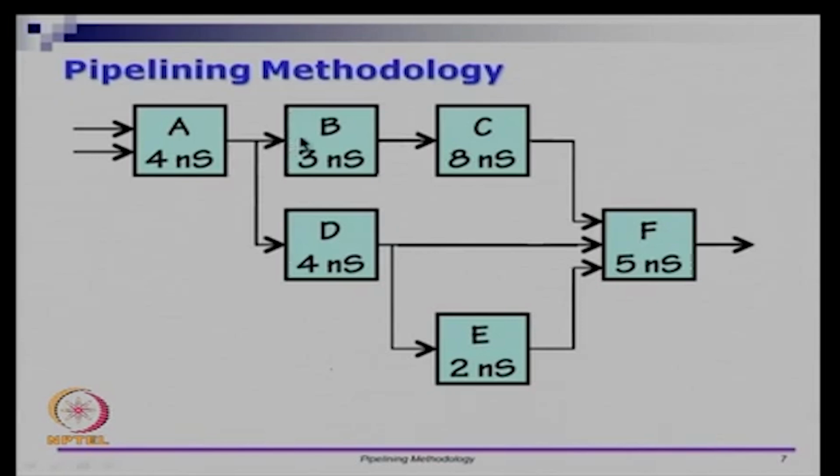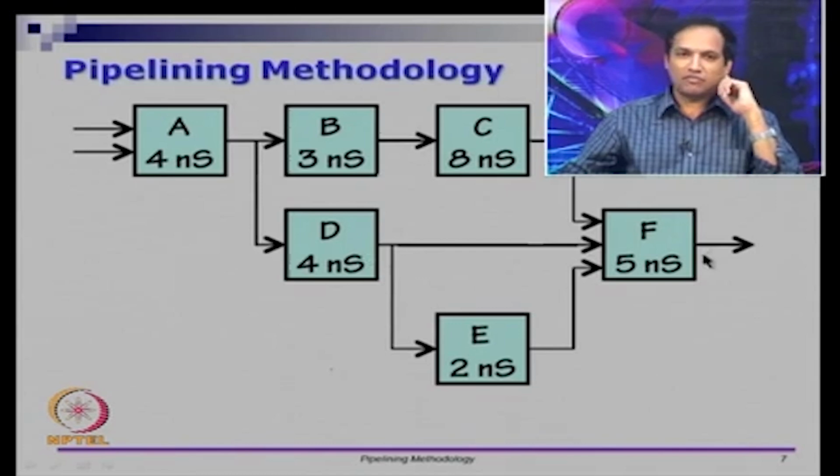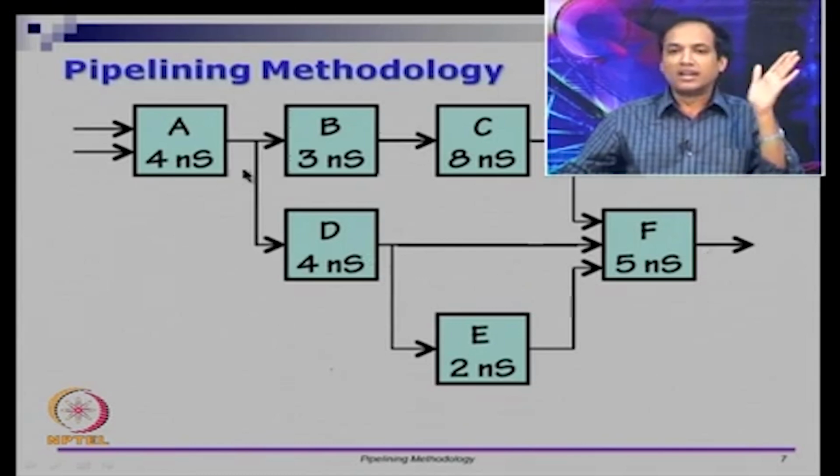should go through A, through B, through C, through F and go out. Another path is through A, through D, through F and go out. Third path is through A, through D, through E and then F and go out. So there are 3 different paths. Inputs to output is either ABCF or ADF or ADEF, and I have to wait for the largest of the